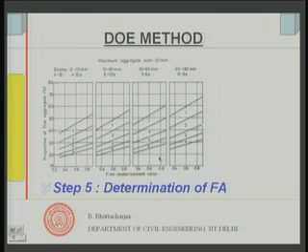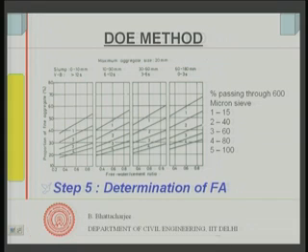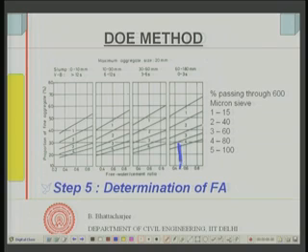A similar curve is there for 20 millimeter aggregate. There is another set of curves for 20 millimeter aggregate, and you see the same thing, proportions of fine aggregate. And similarly here, let us say if it was a 20 millimeter aggregate, my water cement ratio was 0.5, and I needed my slump around 100, and everything was passing through 600 micron is this.